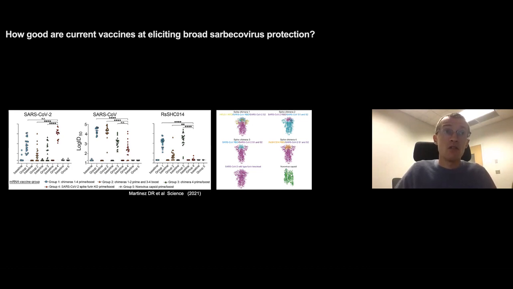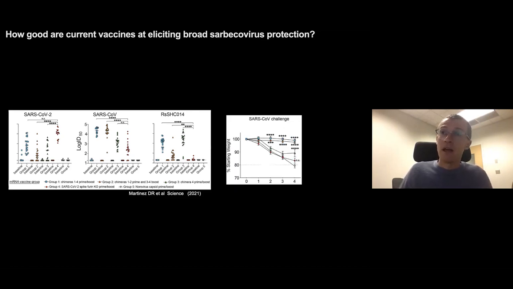antibodies against SARS-CoV-2 that are reduced by about 1.5 orders of magnitude against SARS-CoV, and there is no detectable neutralization against RS-SHC014. So suggesting that current vaccines might not be great, and similar results have been found by we and others using various platforms. So breadth against divergent SARS-CoV viruses is probably not something we should be expecting from our current